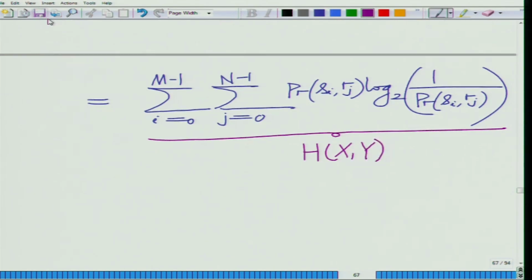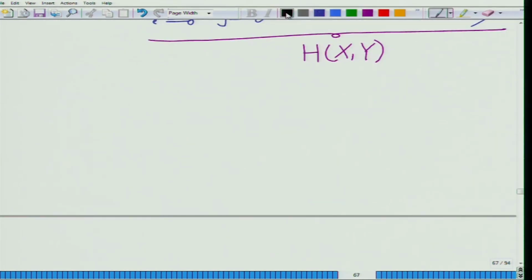Okay. So, the very interesting relation that we have here is that H y, the conditional entropy of y conditioned